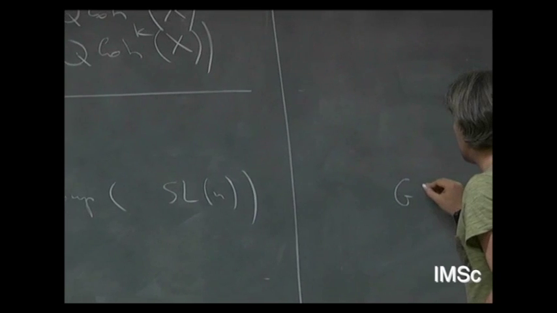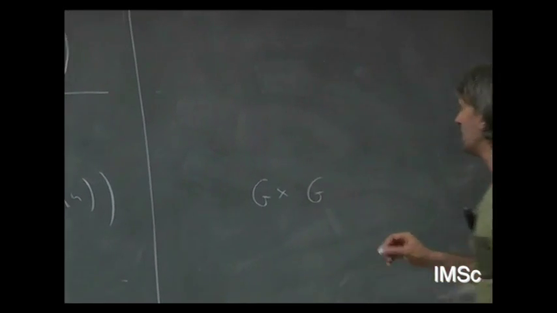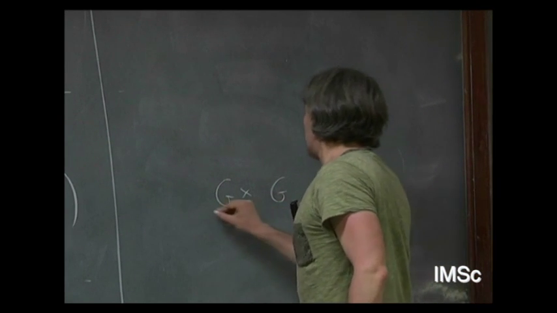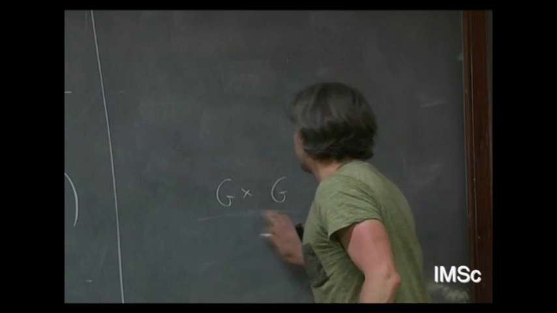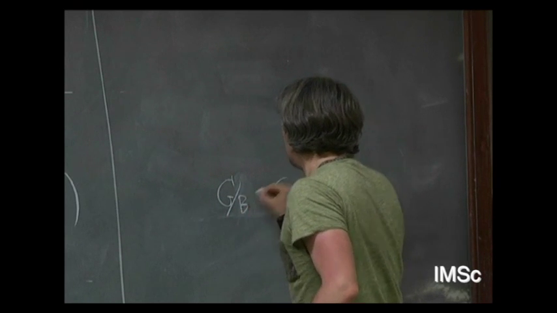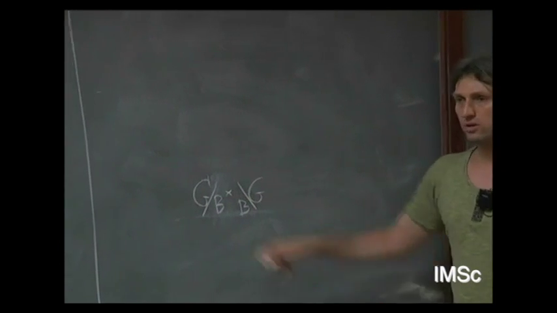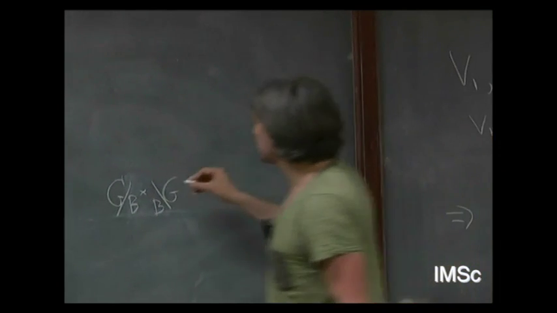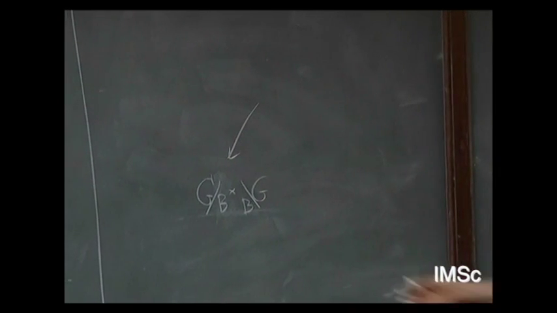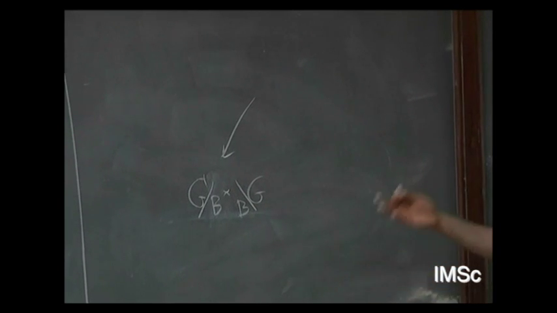So we take G times G. Mod, well, I should put it like this: G mod B times G mod B. So these are actual quotients from the left and from the right. Now, over this, it's known under the name of flag variety, but one thing